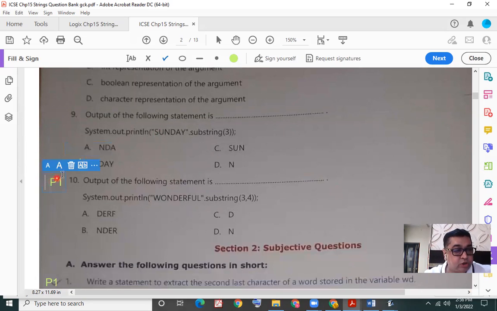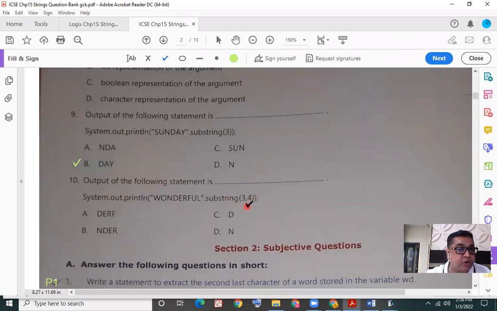Next, the last question. Output of the following statement is System.out.println of wonderful. From the string wonderful, I want to use the substring method, and I'm telling the substring method to give me characters starting from index position 3 till index position 4.